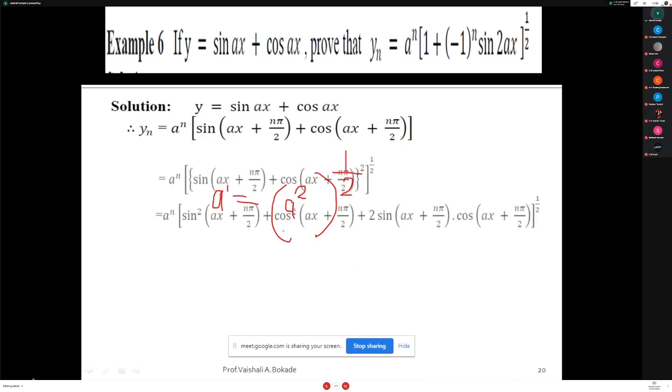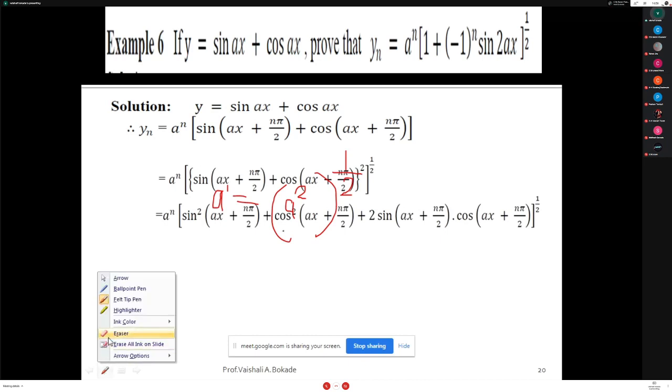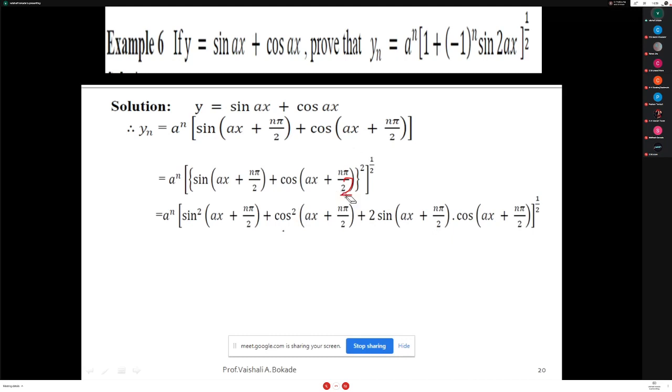So what I'm doing here, in the next step, I have to wipe the things so that you can see it properly. Whatever I'm having this term raised to 1, I'm just writing square raised to 1 by 2. You can observe here, you are having the same thing, bracket raised to 2 raised to 1 by 2. So I am having bracket raised to 1 as it is. So 1 by 2, I require it in the required statement. This raised to 1 by 2, we are keeping as it is till the last step.